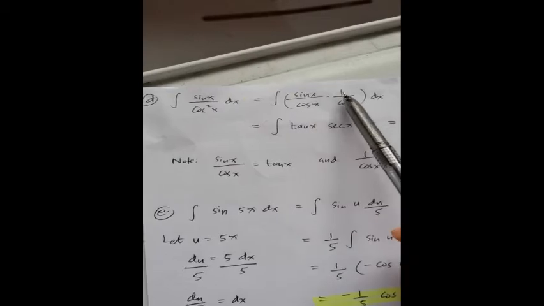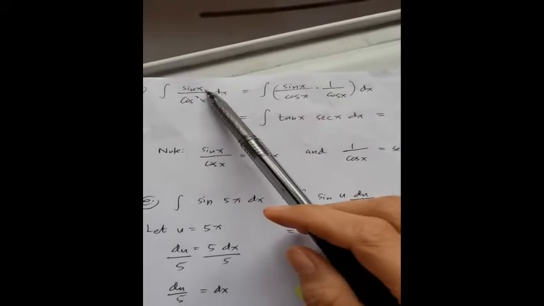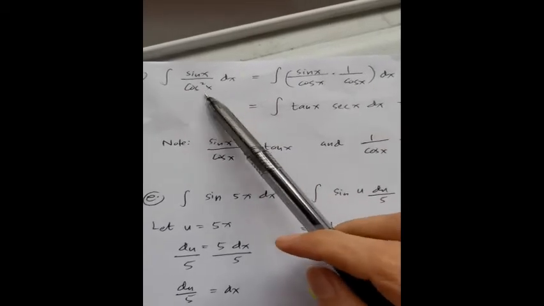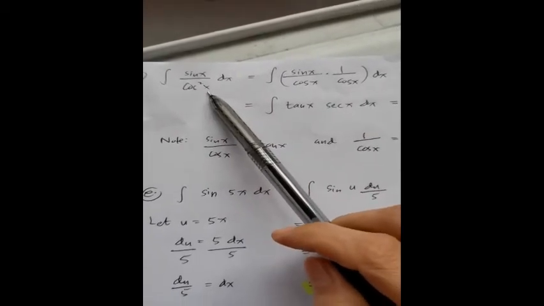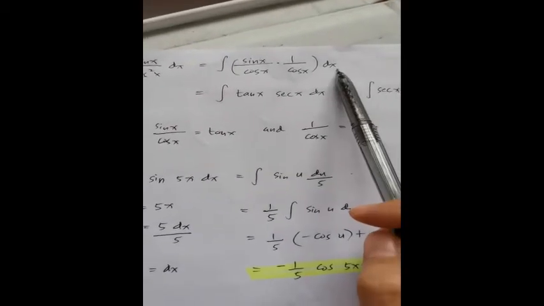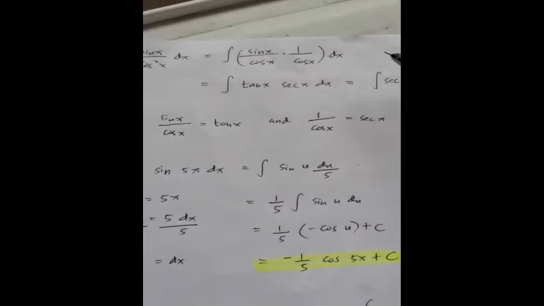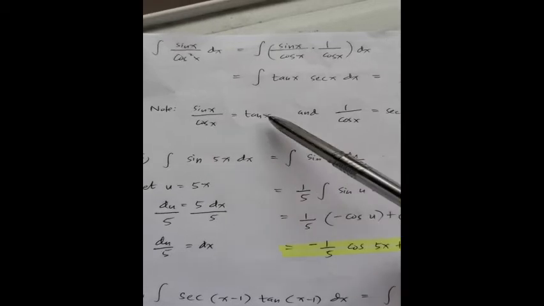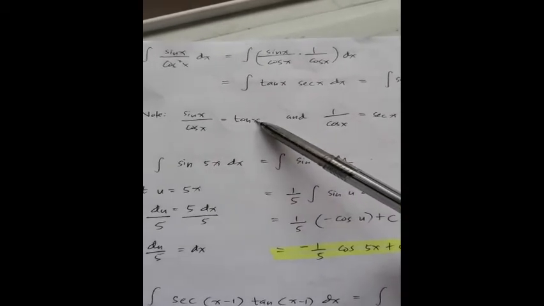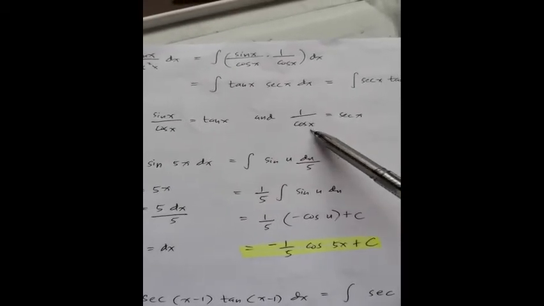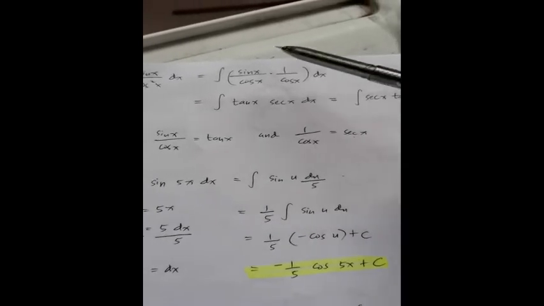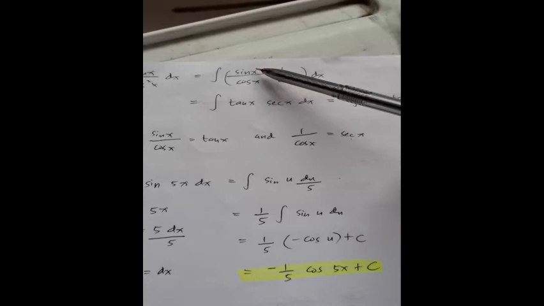Kasi di ba sine x times 1, babalik siya doon kay sine x. Cosine x times cosine x, babalik siya doon kay cosine squared x. Tapos, dx. Okay, so take note class, sine x over cosine x is equivalent to tangent x. And then also, si 1 over cosine x is equivalent siya kay secant x. So, which means, dito sa given natin,